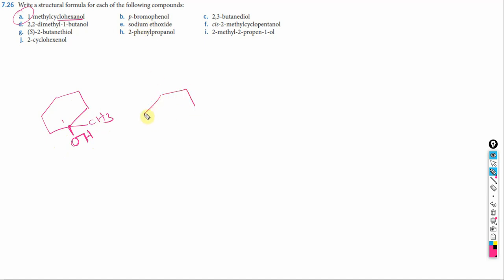And let's say para-bromophenol. Which means first draw the phenol. And in the para position you have a bromine. And cis